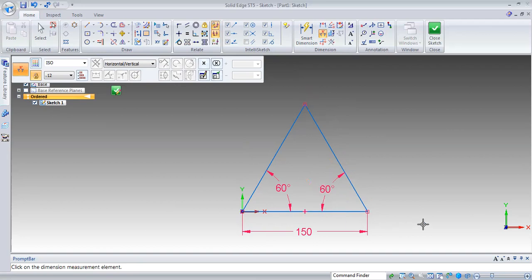Here it becomes the equilateral triangle. These are the two methods of defining the object. Either you give the dimensions while drawing the object, or else you draw the object and then you give the dimensions.